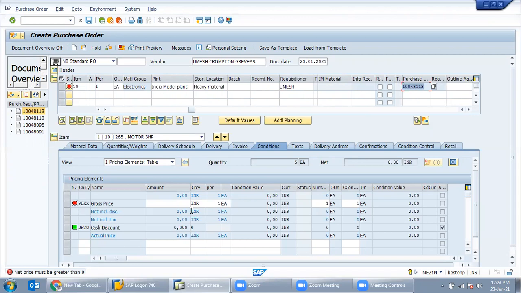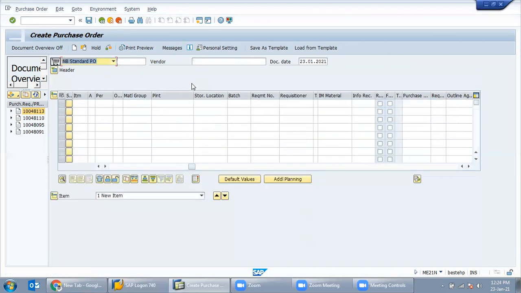Okay, so here we need to give the basic price, meaning whatever price agreement was done with the vendor. We have to put here, like 12,500 for each motor. We can change the value, it does not depend on the PR. So we just put 12,500, press enter, and nothing else needs to be given here. Just check. The system gives the message no message issue during check. That means your PO is okay and it can be saved. Just click on save. So the purchase order is now generated.